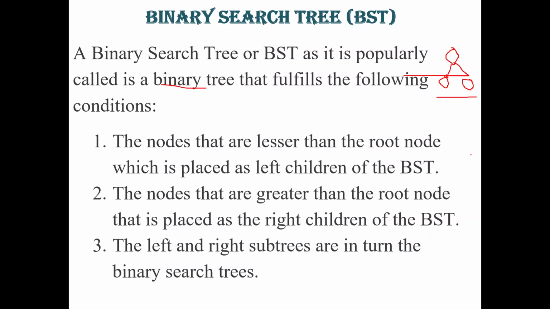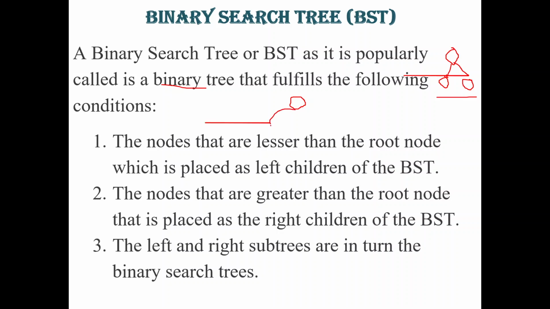A parent node can have a maximum of two nodes in a tree. That is called a binary tree. Now we can get into the binary search tree. It is also a binary tree, but we are including a certain condition to insert a node in a binary search tree. First, the root node will be there.